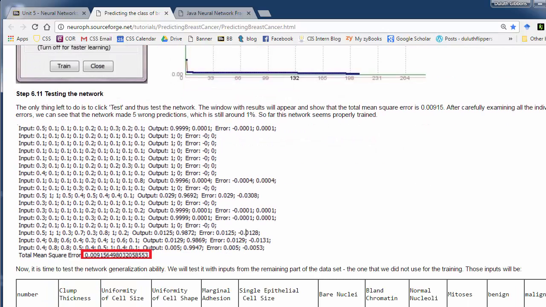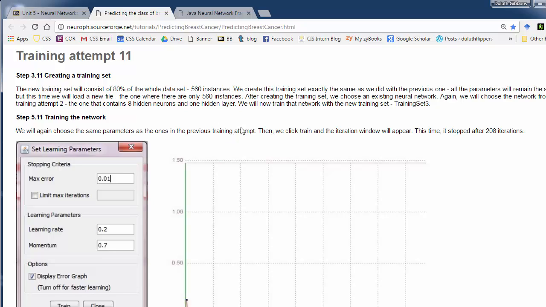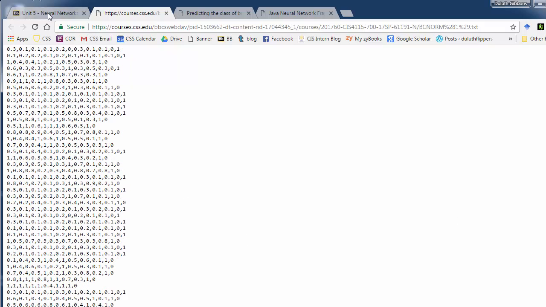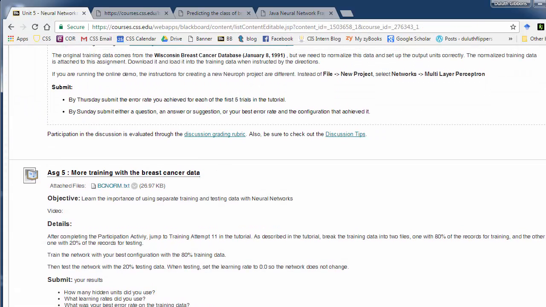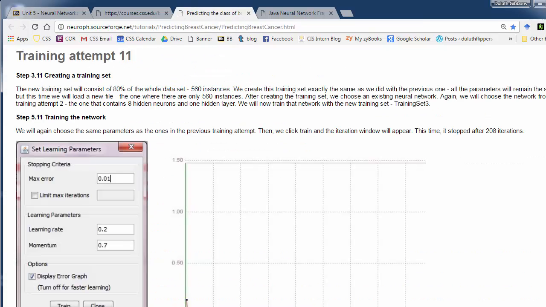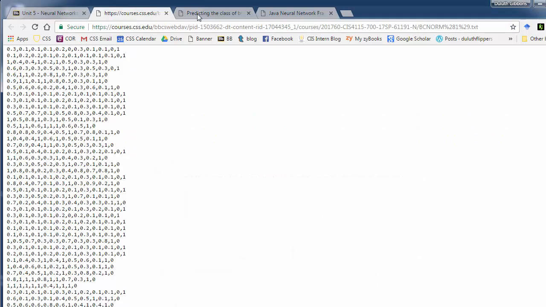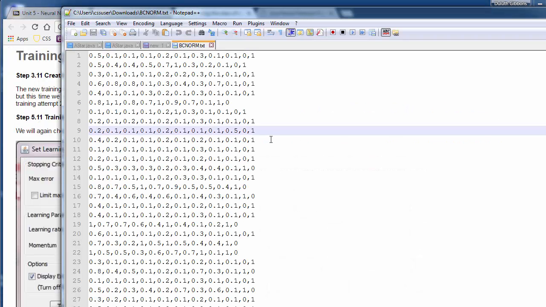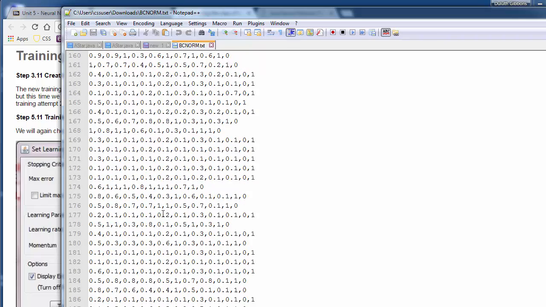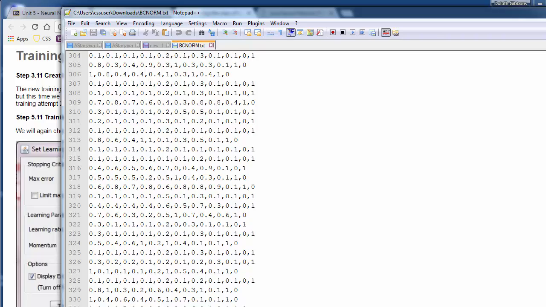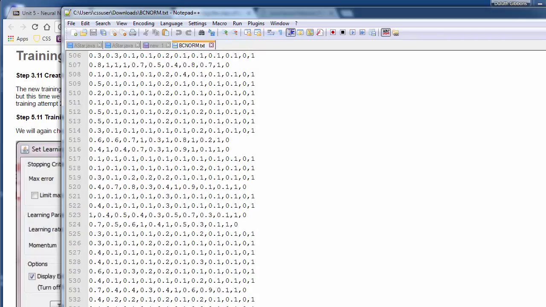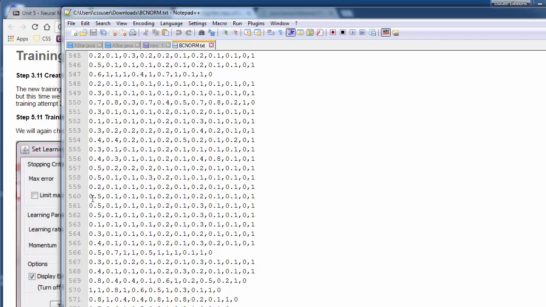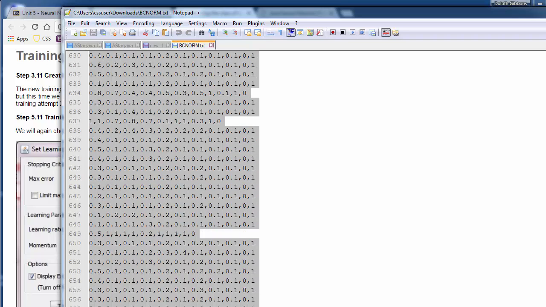We want to break our data up into 2 parts, a training part and a testing part, and work with that. So you can take your data file, bring it into some editor, and break it up to about 80% in one and 20% in the other part. Here again, we're going to break the data up. 80% is about 560 records, so I'm going to keep the first 560 records here. Again, you can use whatever editor you want. I'm just grabbing Notepad Plus because that's what I have. So I'm going to leave the first 560